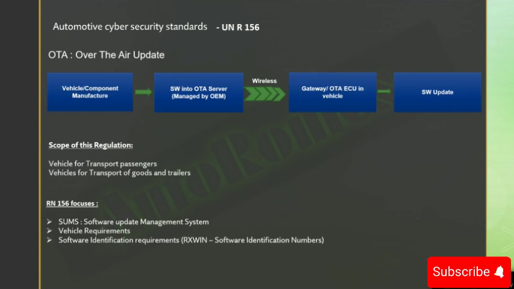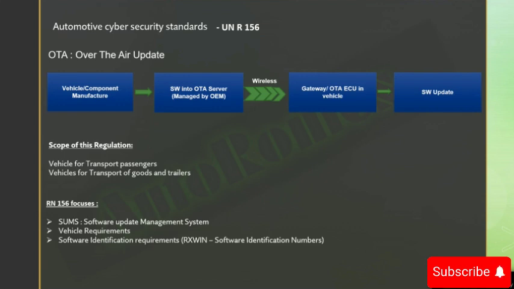At the end of the period of validity of the certificate of compliance for the software update management system, the approval authority shall, after a positive assessment, issue a new certificate of compliance for the software update management system or extend its validity for a further period of 3 years. The approval authority shall issue a new certificate in cases where changes have been brought to the attention of the approval authority or its technical service and the changes have been positively reassessed.